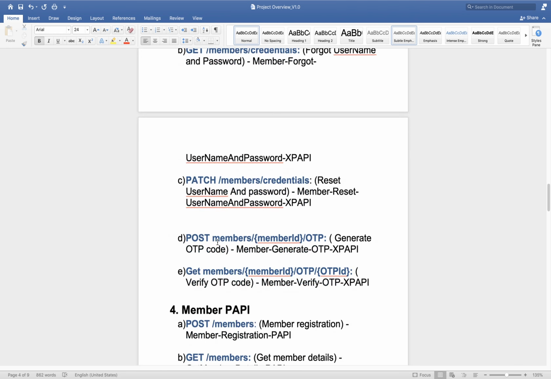Okay, then we have post member member ID. This one is to send OTP and this one is to get OTP. Okay, so we have 2 API here. So actually we have separate document for each API. If you see here,